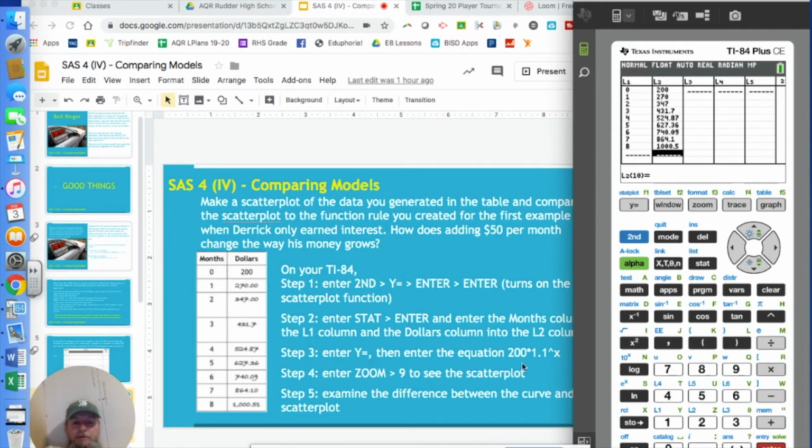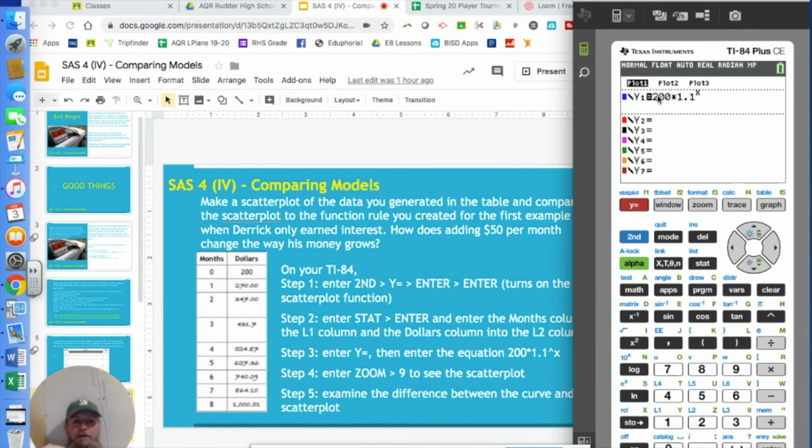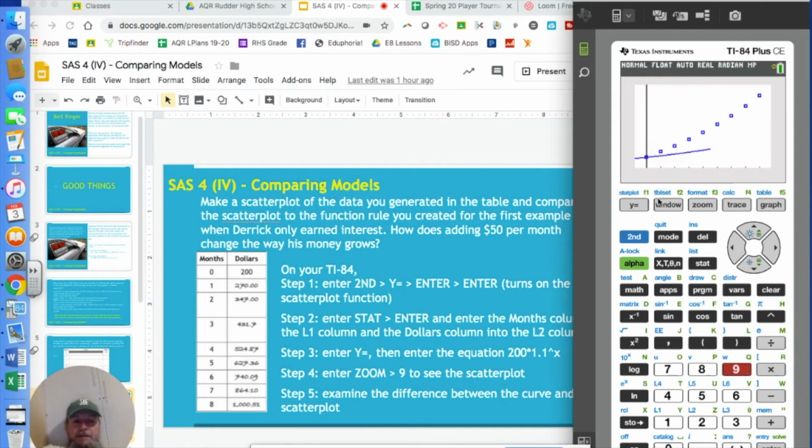y equals, and we'll put the equation in there for our initial one. So let's look at what that looks like. Y equals, and I already have it in there, 200 times 1.1 raised to the x power. And then we're going to hit zoom on the number 9, which is zoom stat. What that means is it's going to zoom the picture of all the information you've put in, the data values you put in the stat edits. So 9, and as you can see, that y equals 200